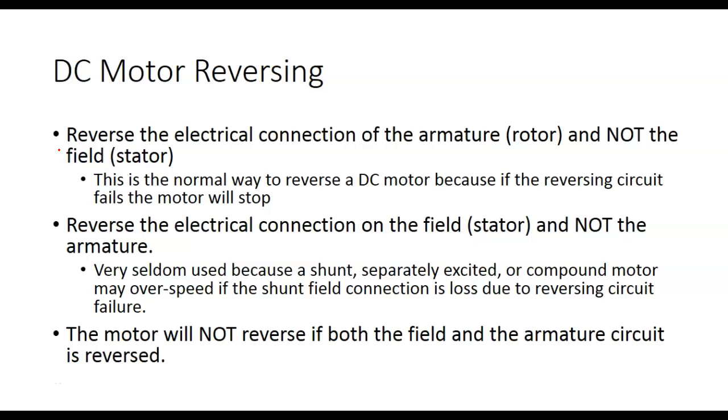Reversing the electrical connection of the armature and not the field or the stator. This is the normal way to reverse a DC motor because if the reversing circuit fails, the motor will stop. We could reverse the connection on the field, but on some motors, if that circuit breaks, it will run away. So instead of doing it one way for one motor, and then of course on a permanent magnet motor, the only option you've got is to